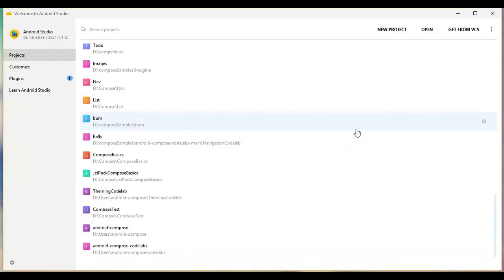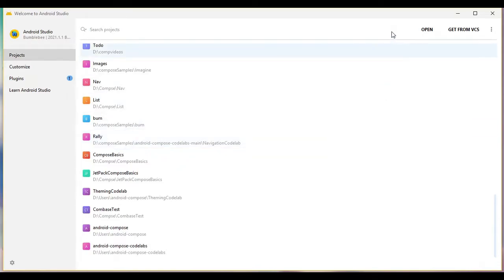In this video we will create an image palette of different colors from a particular image in Jetpack Compose. This technique is quite useful to create a custom theme for your own app, because you can use these particular colors from your image to apply themes in particular screens, to suit the screen according to the coloring effects of your image. So let's dive in and see how it's built.